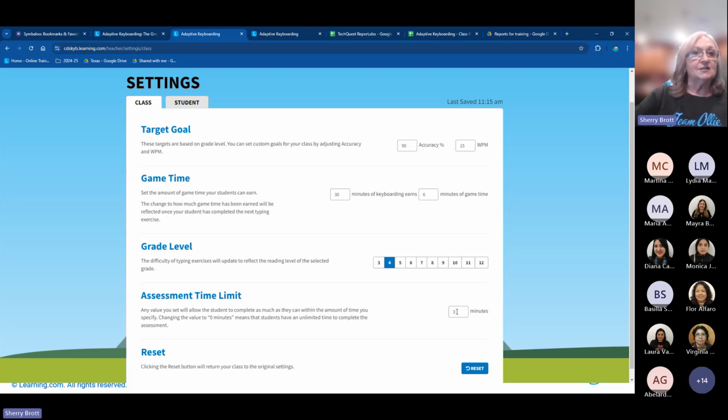I would not make it less than 2 because this is adaptive and the program needs the students to type long enough so that it can determine their skill level, their problematic keys, and assign appropriate practices to them. Then you can reset at any time here. So that was in the